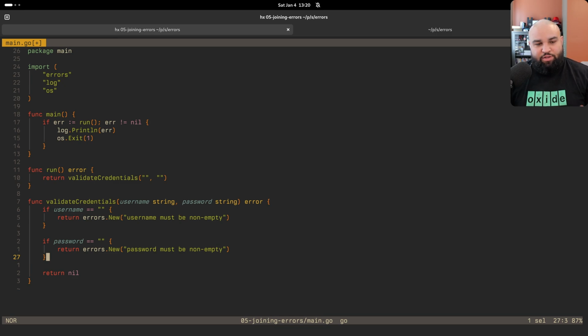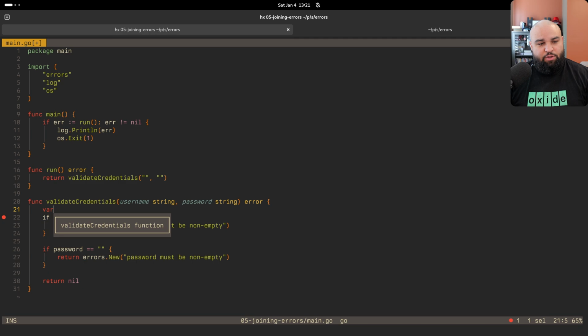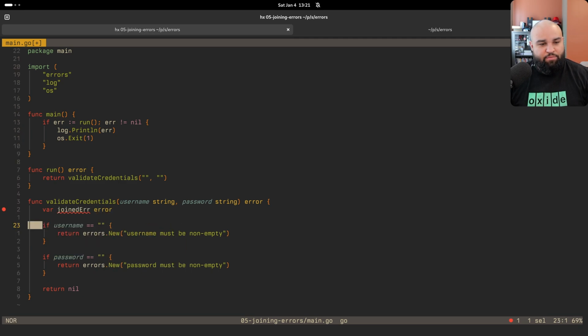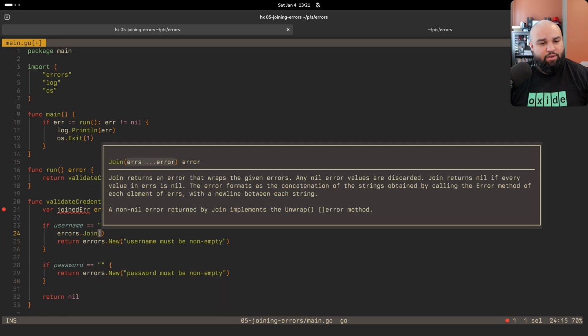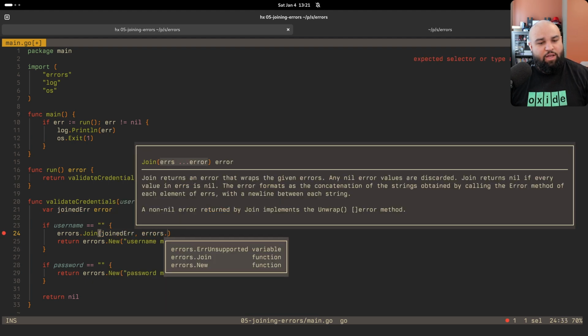Error joining allows you to take these errors, kind of bundle them up as like multiple errors in one, and send them all back to the caller. Let's see how to do that. Well, to do join errors, you need a new error. So I need var join error. So this is gonna hold my joined error, and then here I can do errors.Join, and then do the joined error, and then errors.New